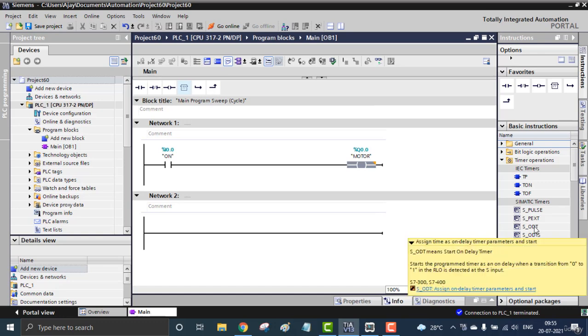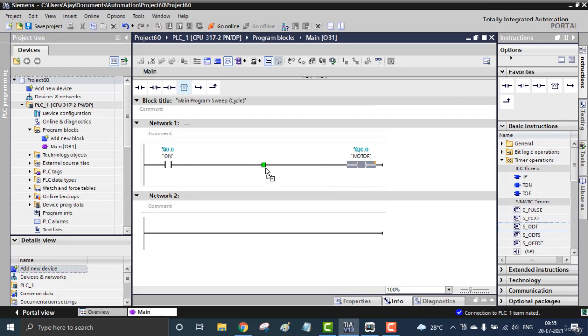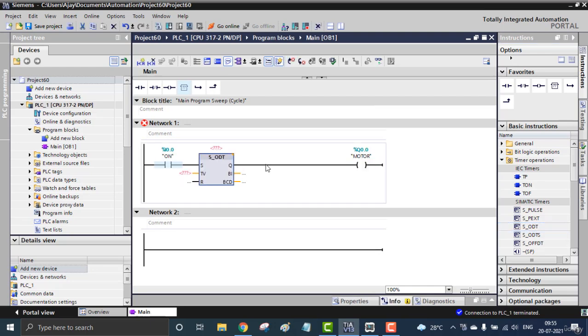So we can take that on delay timer right in between these IOs. So this is the on delay timer. We can easily switch these timers from here also, like in every Simatic application: on delay, pulse, S_ODT, off delay timer, S_PEXT. Every one of the 5 timers we get from this same block. So we can easily convert that. We don't have to click and drag and drop every time. So it's very easy. The addressing of the timers starts from T0.